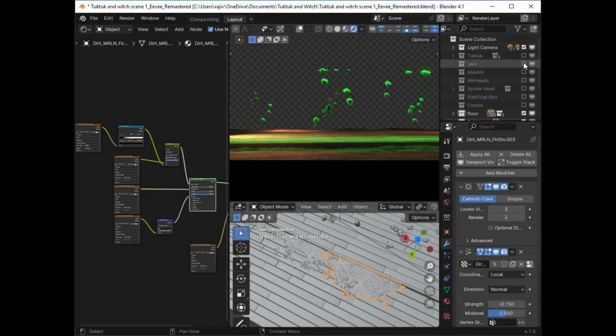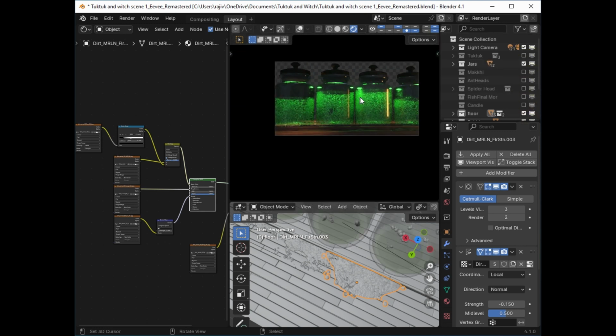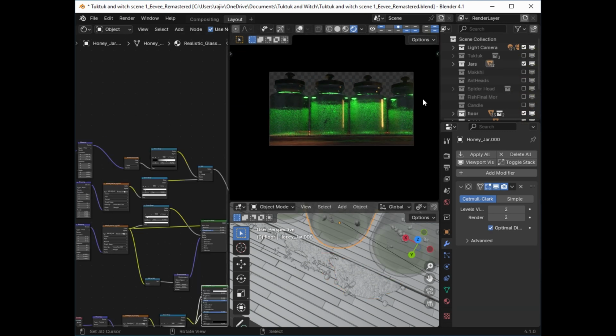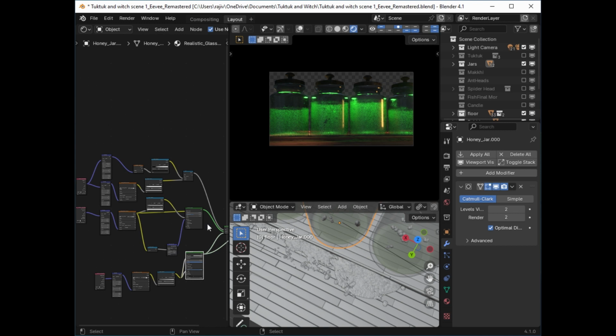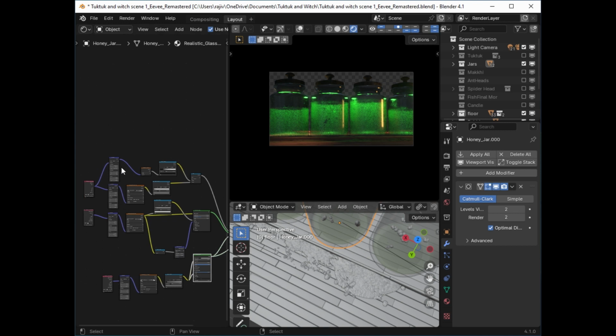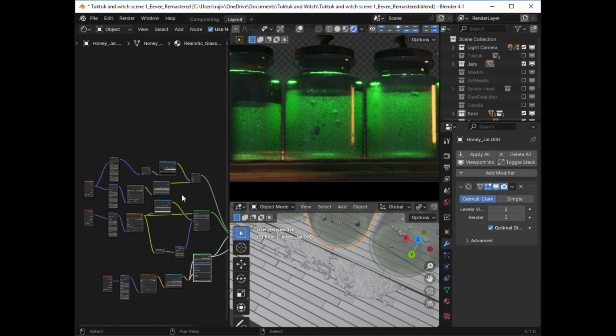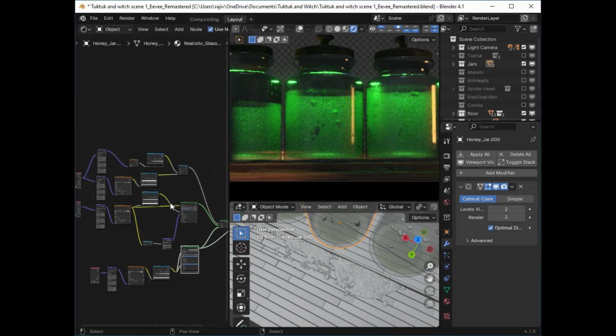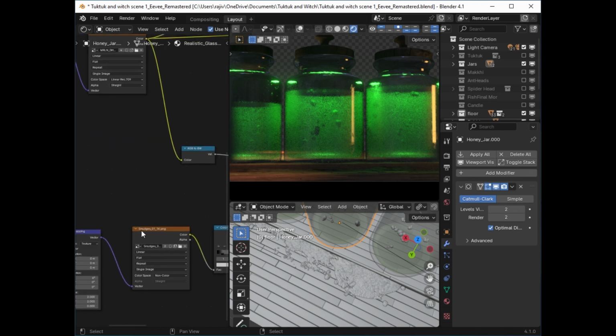Next, I'm going to talk about the jars. The jars are pretty simple. I already had the jars, as I told you just before. I just reused them for this purpose. Initially, I was trying to make a very complicated texture to get these looks, but it was not working out. So all I did,